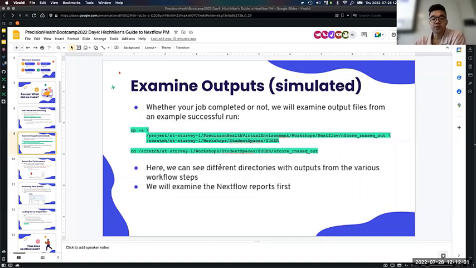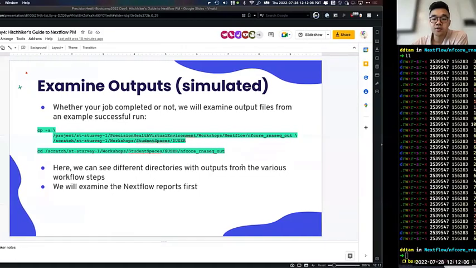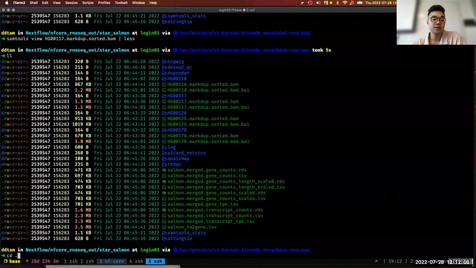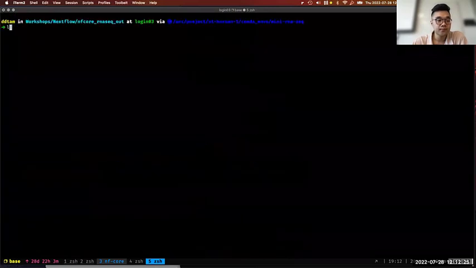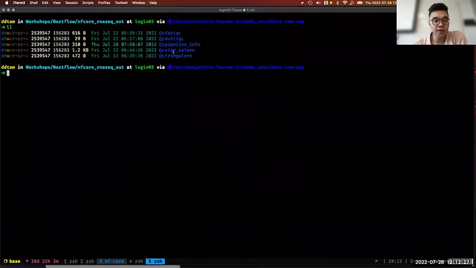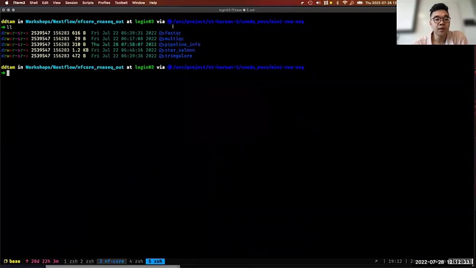So if you look inside this directory, inside this NF-core RNA-seq out, you'll see outputs from all the different workflow steps. So we can peep that here. Well, I guess I'm cheating because I'm in the project directory. But this is the NF-core RNA-seq output. So if you look, there's going to be 5 folders in here. And they kind of correspond to some of the major steps in the pipeline. And where we want to look first is this pipeline_info directory. So if we look in there,